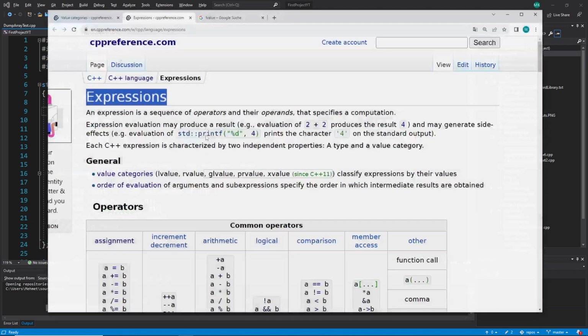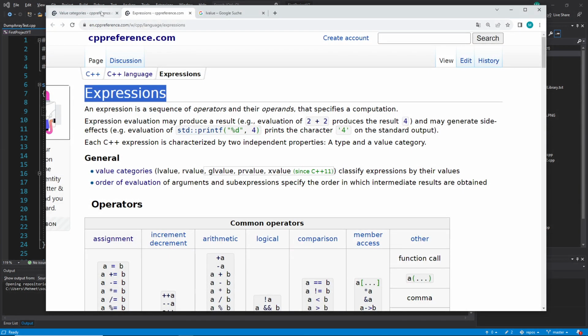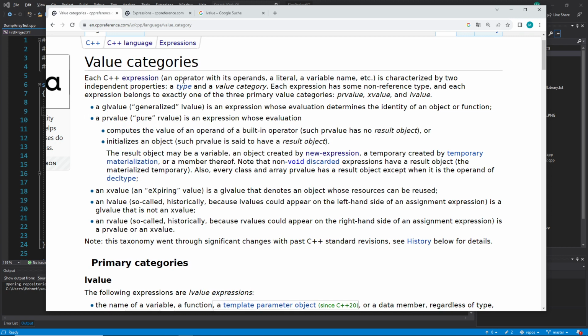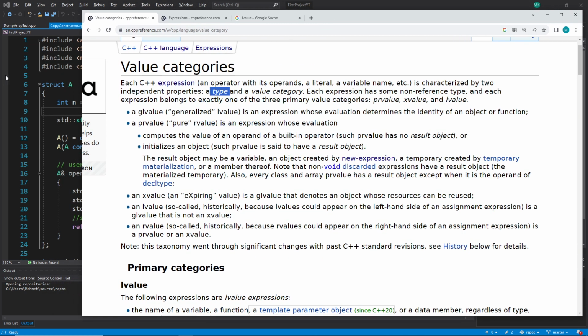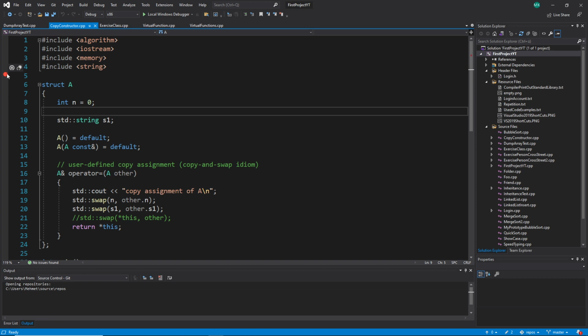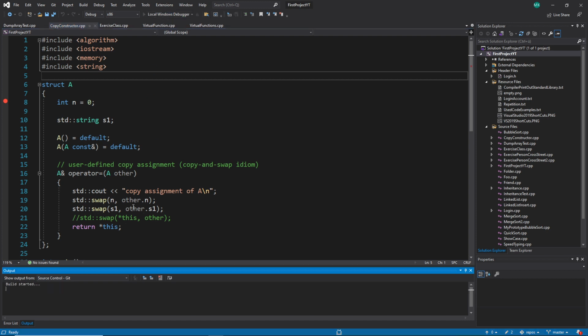And then after we understand what an expression is, we can go back and try to understand what this value category is. The type is probably easy to understand because we just have to identify the type. And in the worst case, how you can identify a type very fast, in the worst case, you just make here a dot and then use the debugger. For example, I go here int, and then I start here the debugger, and then you can watch here when it stops. If you really don't know what the type is,